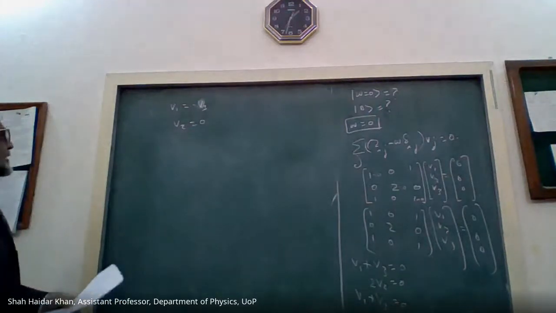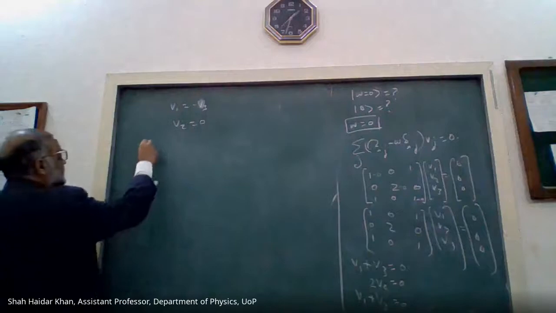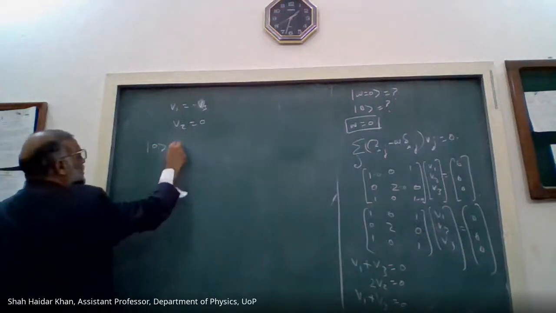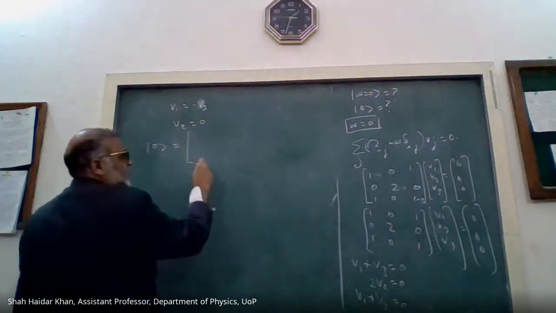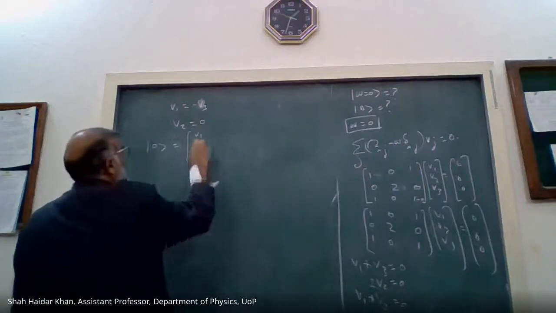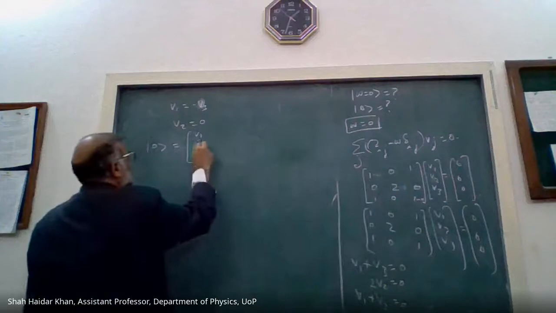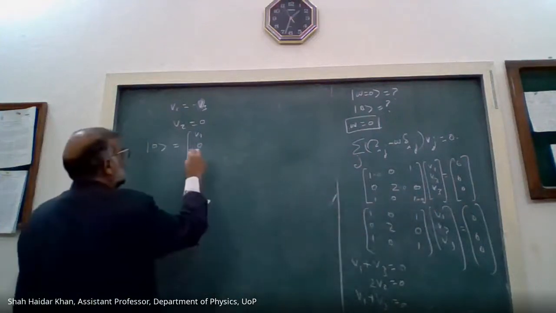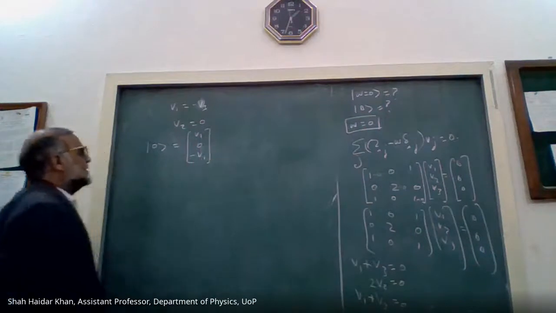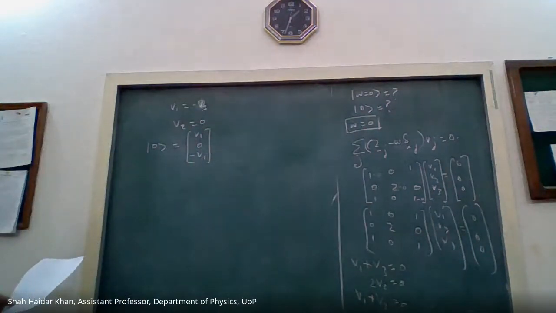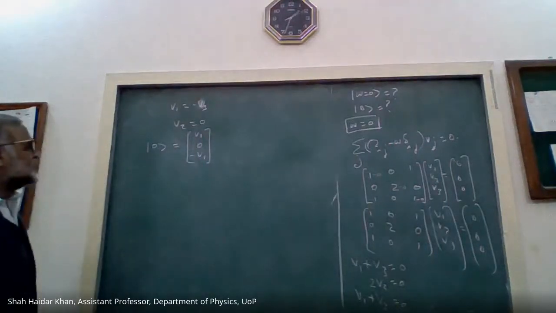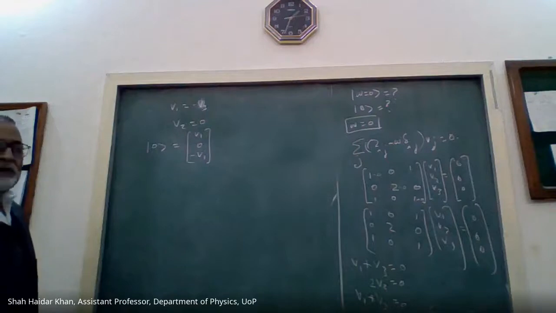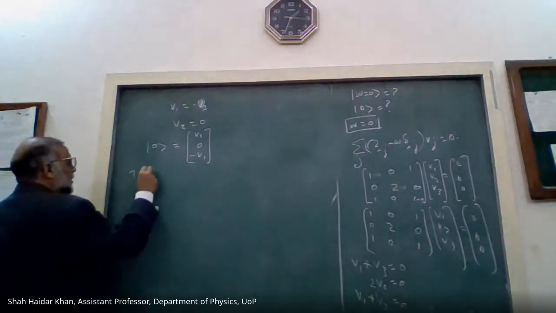So we have only one thing. Our vector can be like this: V1, V2, V3. So for V1, we put V1. For V2, we put 0. For V3, we put what? Minus V1. Right? We have this equation, but we don't know V1. For this, let us apply the normalization condition, right? To know